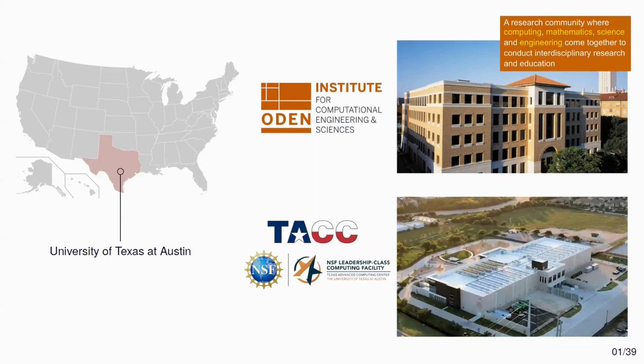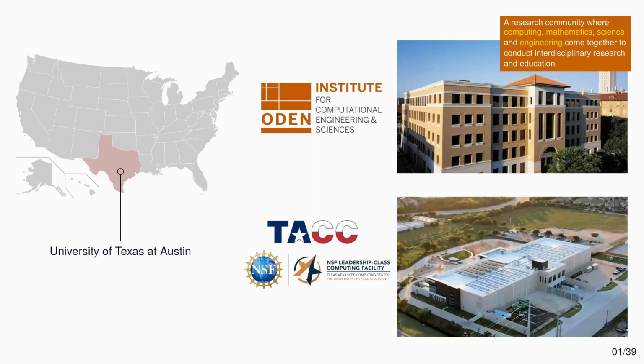We have 55,000 students. And there are just a couple of things that I would like to maybe highlight. One thing is this Oden Institute that Oliviero mentioned. So what this is actually is a research unit where we are about 30 faculty. All of us have a split appointment. So 50% of the time we spend in this building and 50% in a department. In my case, it's physics, but other colleagues have departments in medicine, chemical engineering, mechanical engineering. So the common theme is that everybody there has some kind of interest in applied mathematics and scientific computing and high performance computing and programming. Okay, and that's what brings us together.